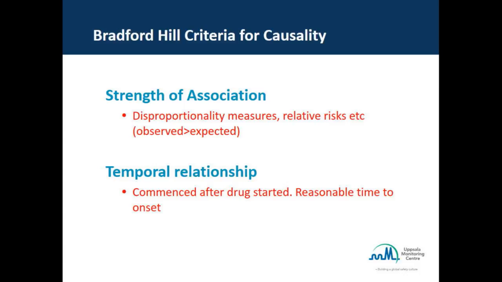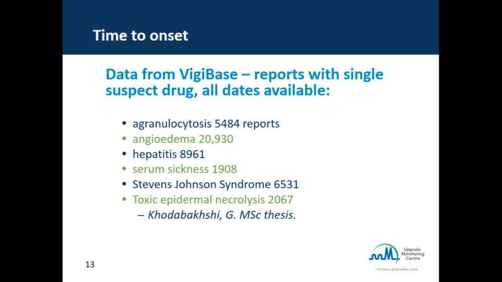So when you've got some disproportionality measures or relative risks and your observed number of observations is greater than expected, if that's statistically prominent, and especially if it's strongly so, then that's a bit of evidence. But as I said before, if it's a statistical strength of association, you still need to look at the reports clinically. And then we talk about the time to onset, the reasonable time to onset. But we have a problem that we don't always know what that should be. And as I said, you might just see a consistency across the reports if you have something where you don't